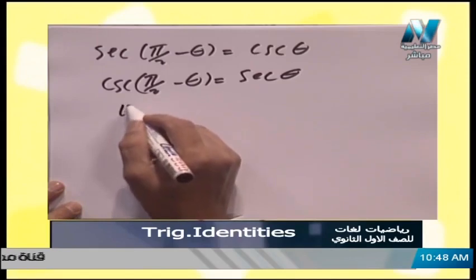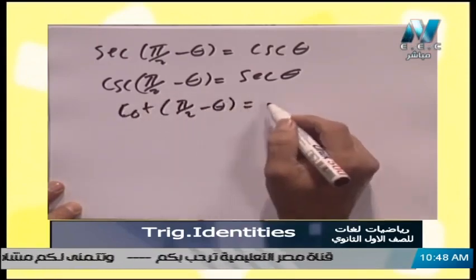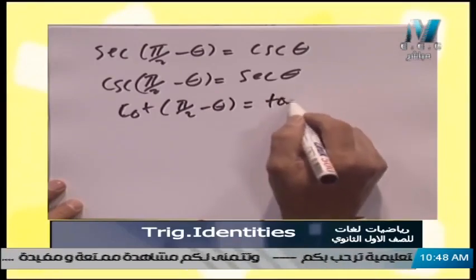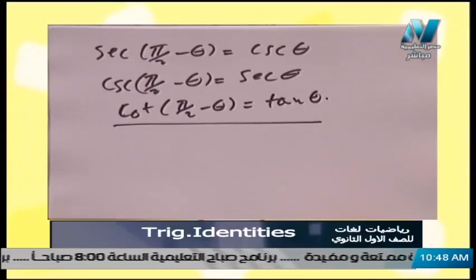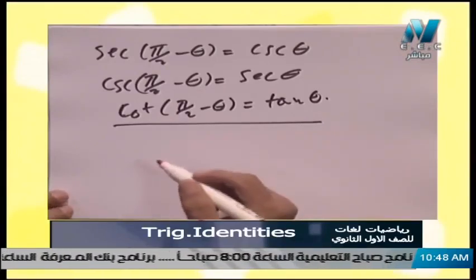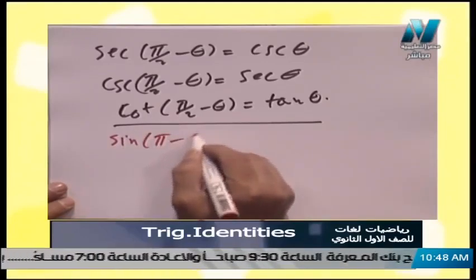If we have cotan pi over 2 minus theta, it equals tan theta. And if we have just pi, meaning 180 degrees, sine pi minus theta,